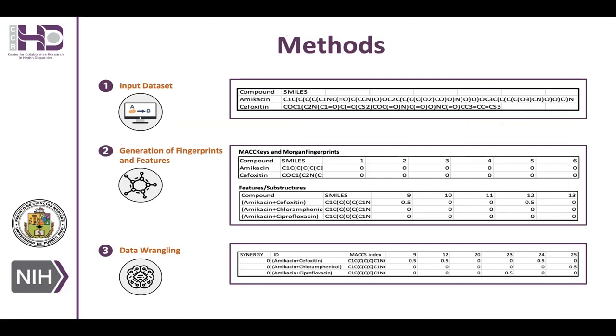The first step is the input data that consists of a data set including the compound name and the SMILES that are the compound chemical structure. The second step is the generation of fingerprints and features. The third step is data wrangling that consists of data cleaning and eliminating correlated features of the raw training and